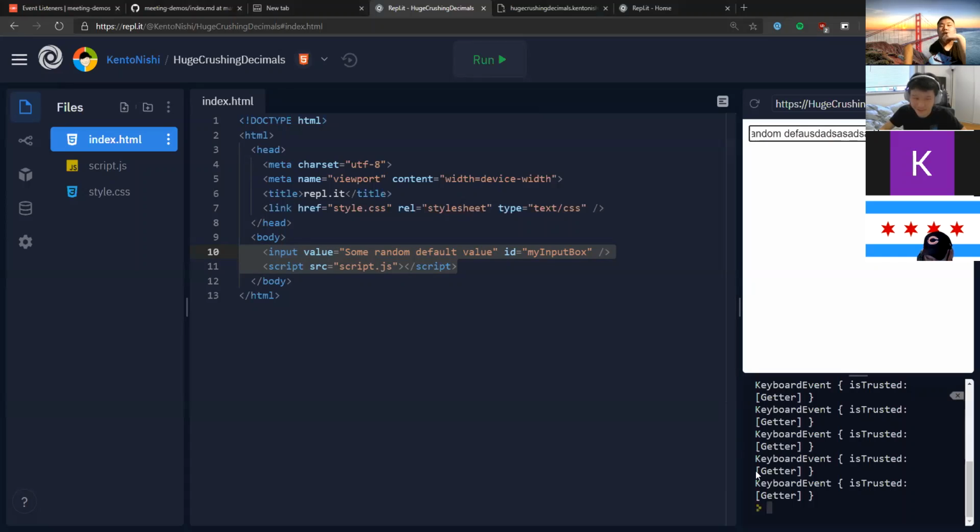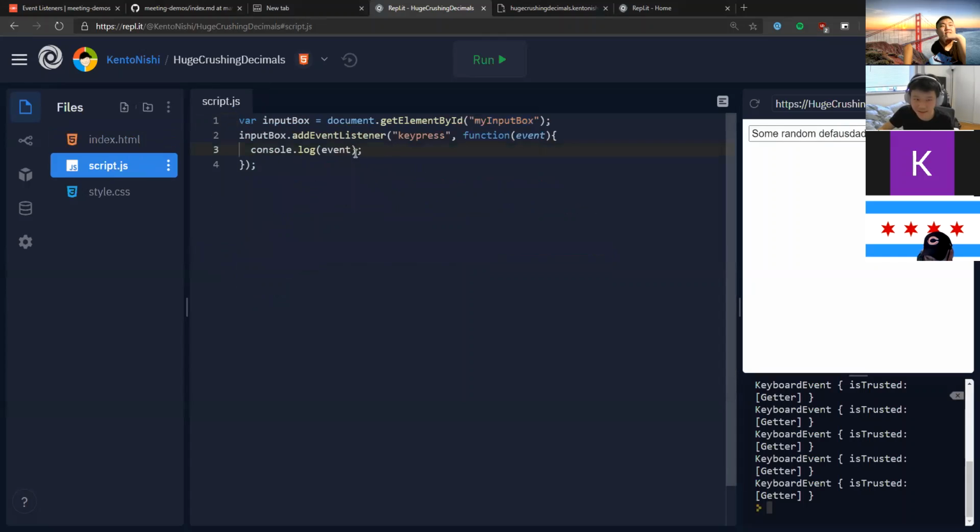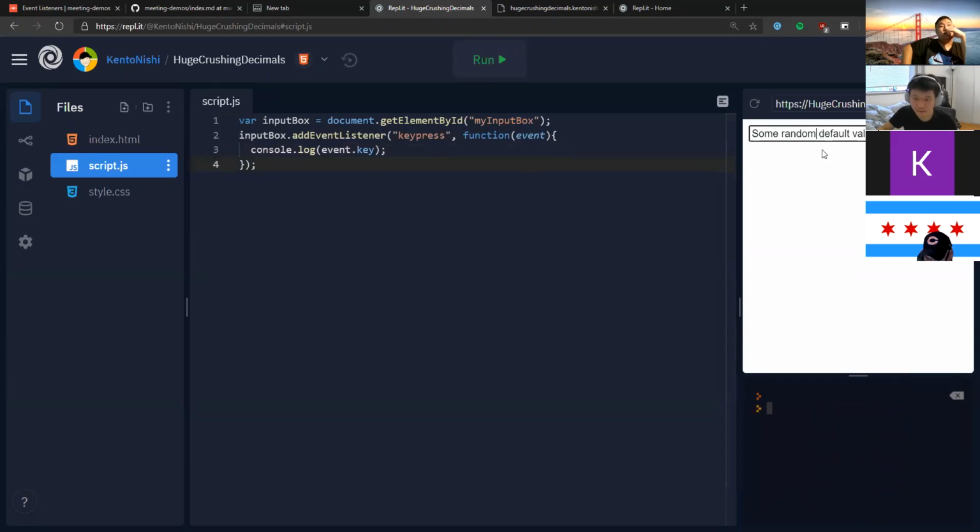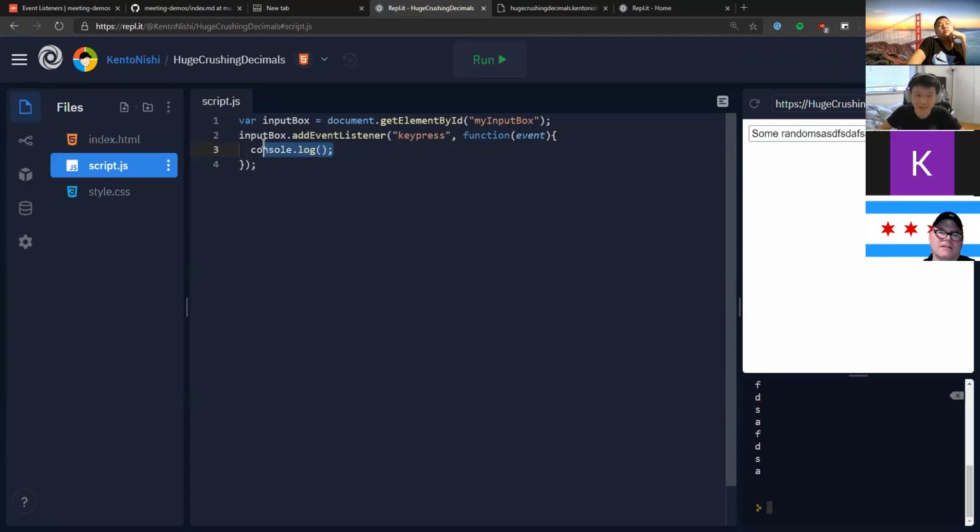But this is kind of hard to read, so let's instead log the key. So .key. Right, now we know exactly what key is being pressed. So now if we want to make sure that we do something only when the user presses space inside the box, we can check using an if statement if the key is a space. So if, and then in parentheses, event.key is equal to, with double equals because we're comparing things, space. Bracket,